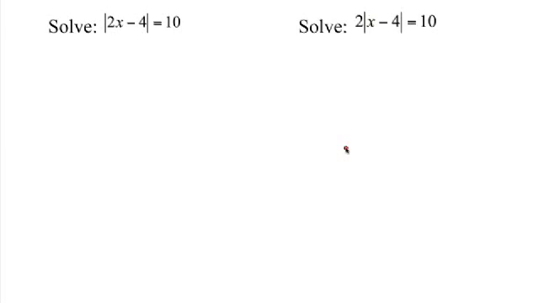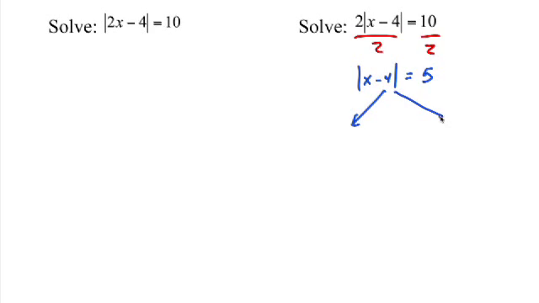It's a 2. Now, you might say, well, do I just write out 2 equations? No. You want to get used to isolating the absolute value before you do anything. Right, so you can't rewrite it into 2 equations until you have the absolute value sign by itself on one side and a number on the other side. You got to do that first. That's it. So now we've reduced this down to just |x - 4| = 5.